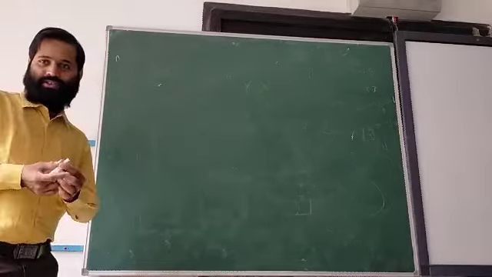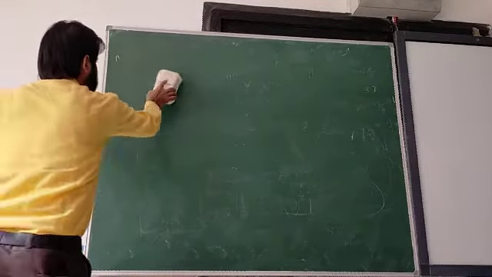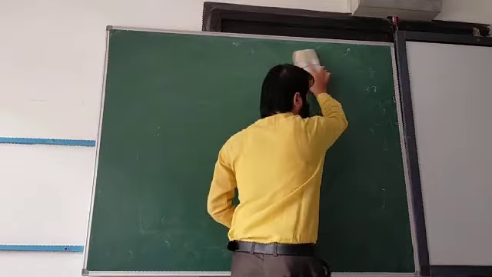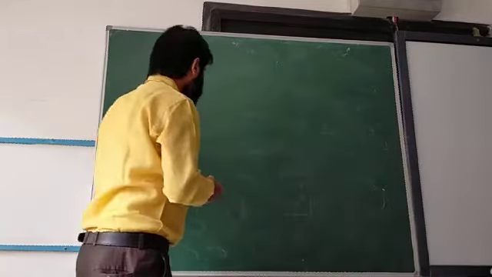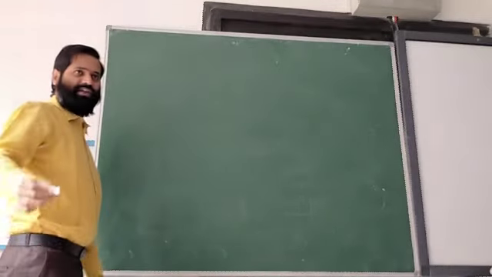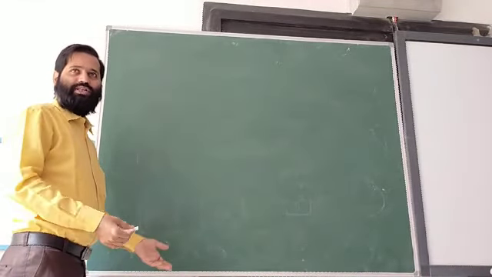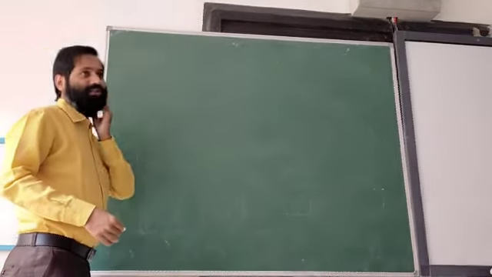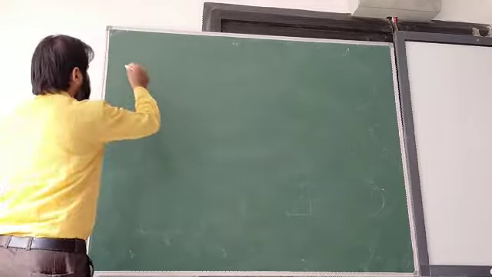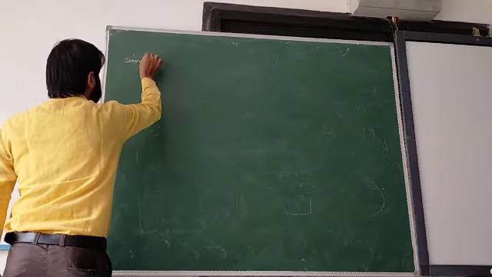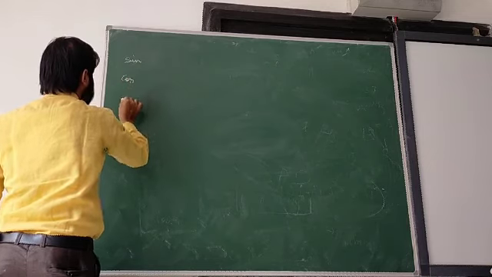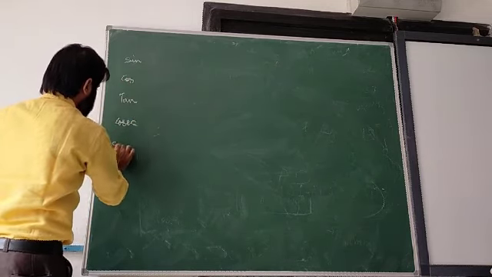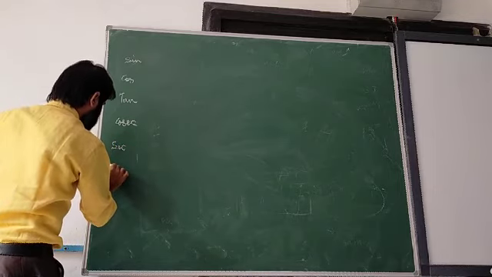So to draw this table, you need to memorize a few things. How to memorize this? It's not easy to memorize everything. In math, science, social, you can't memorize everything. There are some techniques you can follow and then you can remember it. So the technique: sine, cos, tan, cosec, sec and cot.